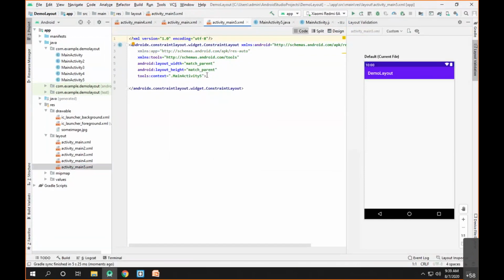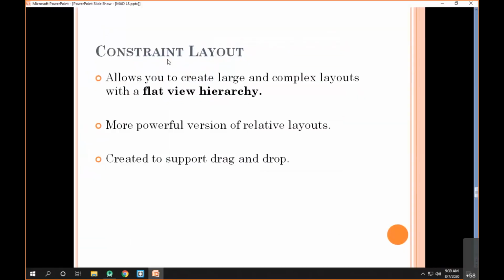Now, when we create a default activity, the layout added by default is nothing but the constraint layout. When we create an activity, the default layout created for every activity is nothing but the constraint layout.